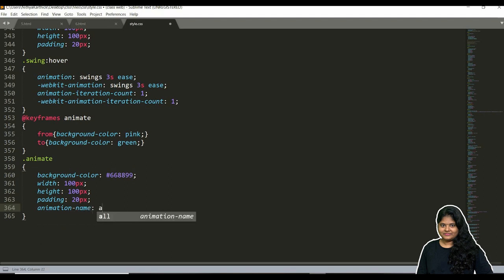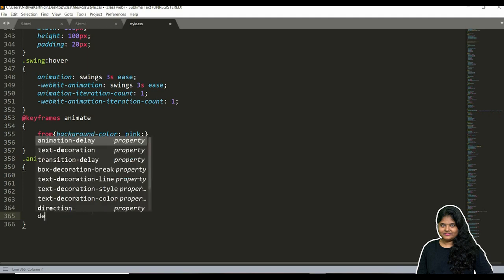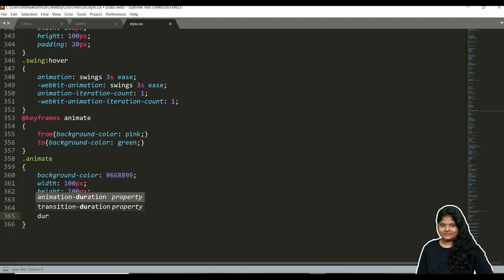So name is animate, right? So duration should be 5 seconds. Animation duration is 5 seconds. Okay, for changing from this color to this color, it will take 5 seconds. That is animation duration, right?